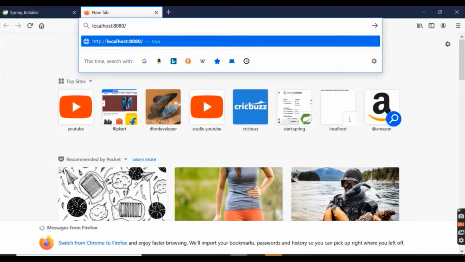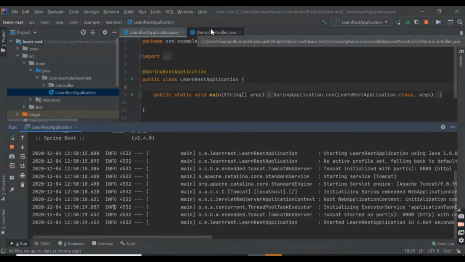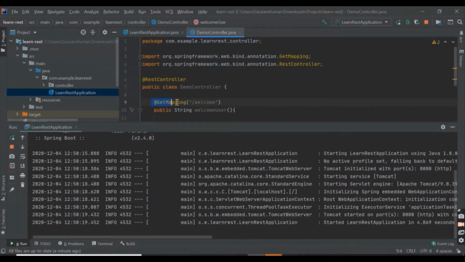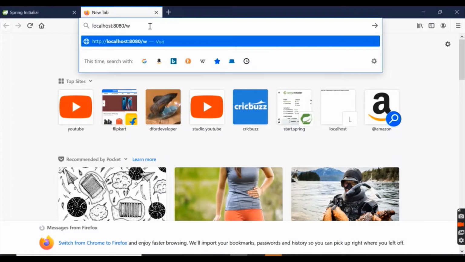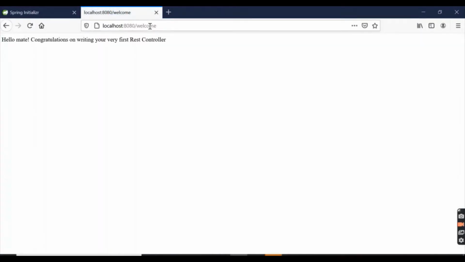If you remember, the path that we had provided for the method is /welcome. We'll just have a look at the get mapping. Whatever URL is mapped to /welcome should return the data. So we'll hit /welcome and press enter. And here it is. We have successfully got a response from our REST API.